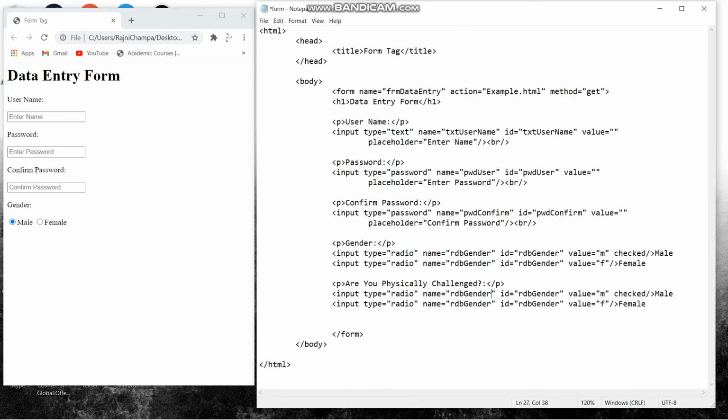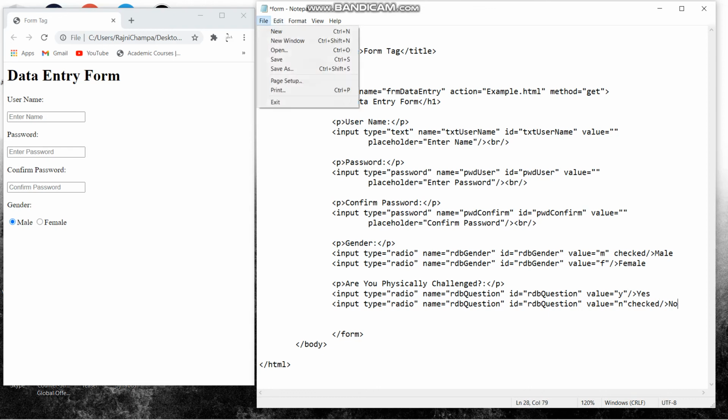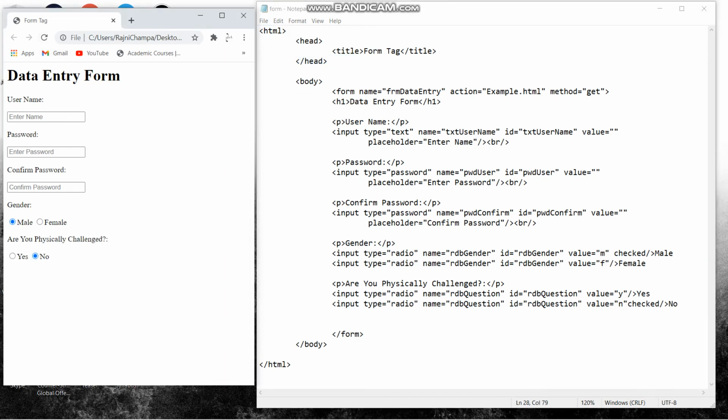Now if I copy this whole radio box section, from the gender to the female, and change the name, because I'm asking a question, it would be rdb question. Similar for the name in the other radio box. And for the IDs, for the first I will write yes, and for the second I will write no. And values also, giving Y and N for this radio box, and checked on the no one, because